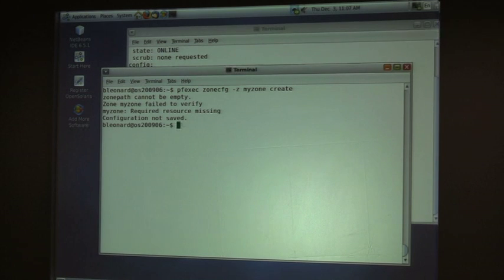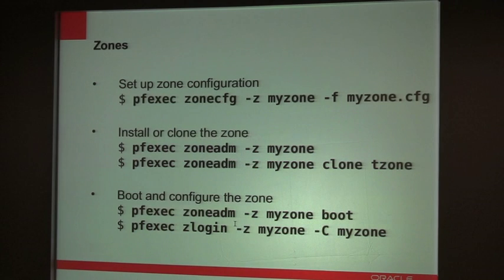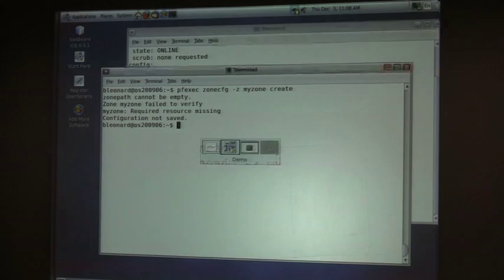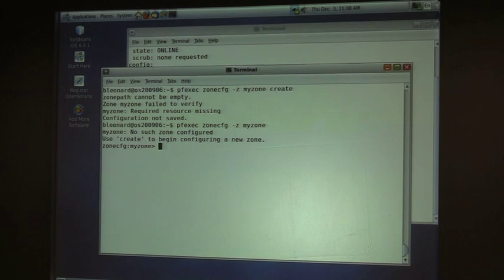Okay, I didn't need to specify create. Now, the zone creation command is an interactive process. It's going to walk me through a series of questions. What do you want to call the zone? Things like that. Not too many,